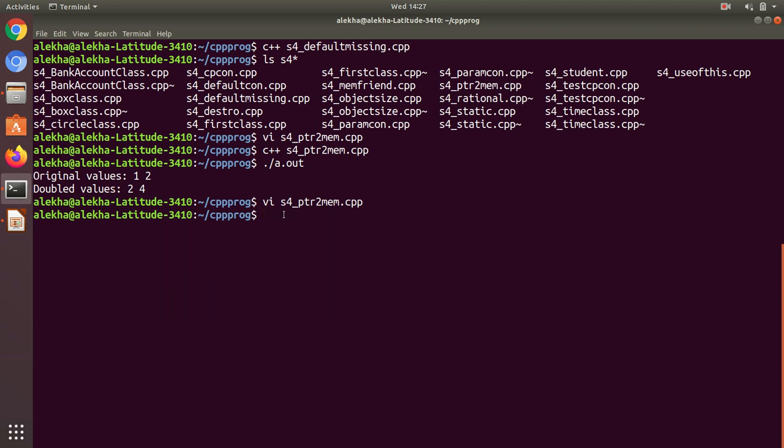That's it. So this is an example to demonstrate accessing the class members via pointers. These are pointers to class members, not a pointer to a particular object of a class. Individually for every member, if required, we can associate a pointer to each member of a class.